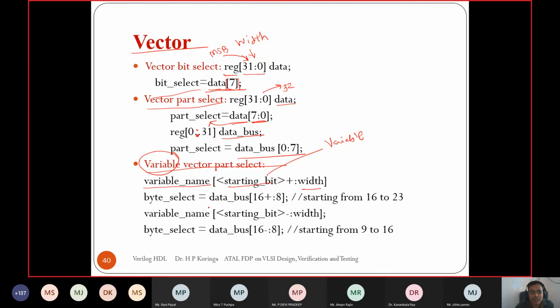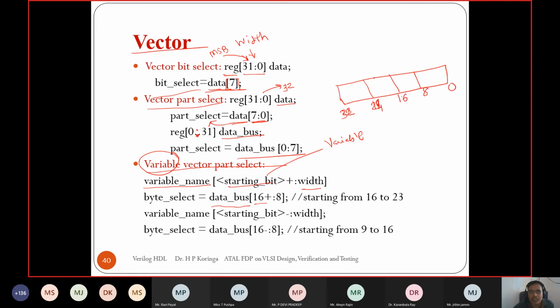So let's see the example. Here, from this data bus, which is a 32-bit data bus, I want from the starting bit 16, plus, and width is 8. Suppose this is a 32-bit data bus, right? And this is 32, 24, 16, 8, and 0.